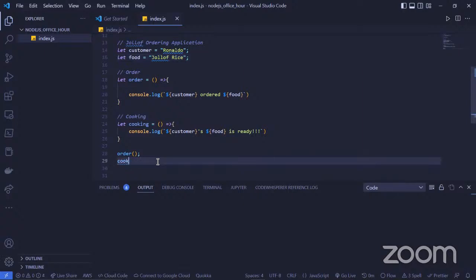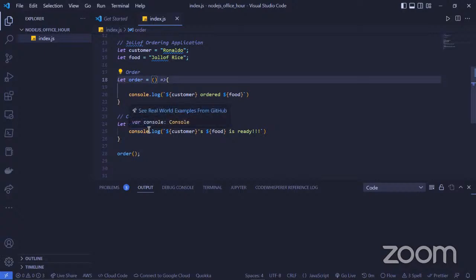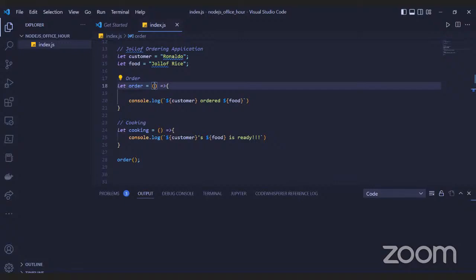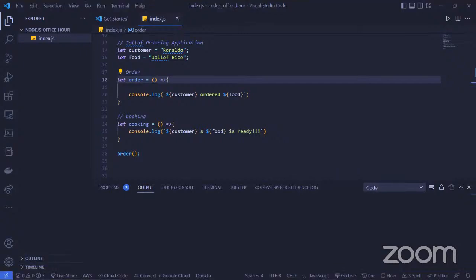You could say order, and we want to put cooking as an argument in the function order. What's cooking jollof? Is cooking jollof a good name?